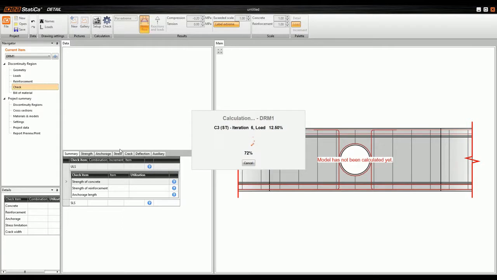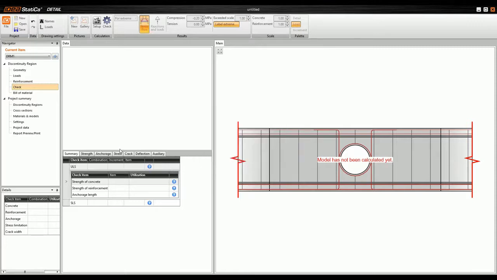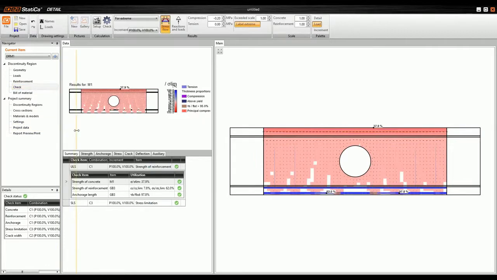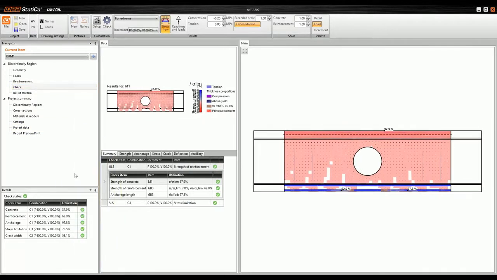Then you can also find all the results that were present in the last version. It means all the code checks of strength of concrete, strength of reinforcement, and the anchorage. Okay, so the calculation is done, I can see that there are only green signs, which means that all the details fulfill the code check. So the first view that we can see is the overall check of the